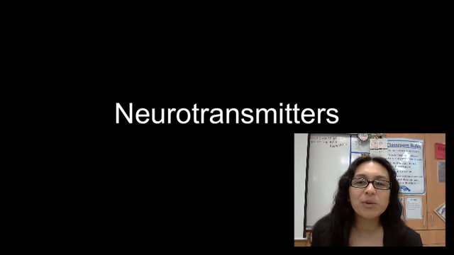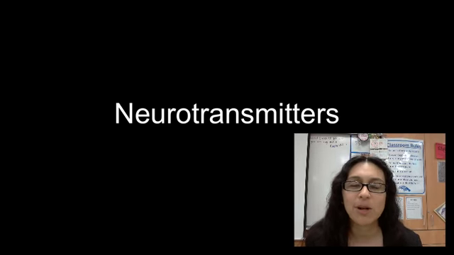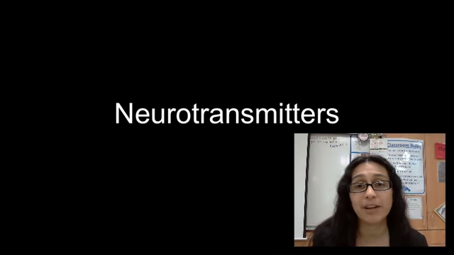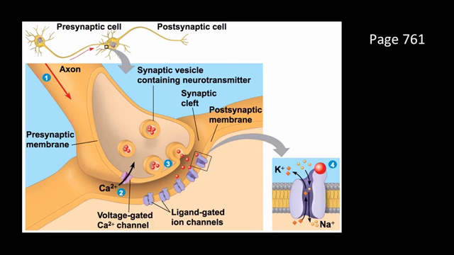Hey Mustangs, in this video we're going to be taking a look at neurotransmitters. We're going to see how neurotransmitters get released and then what they actually do after they have been released. The thing that's going to help you most is this image here. It shows in pretty good detail how the neurotransmitters are going to get released and what they're going to do